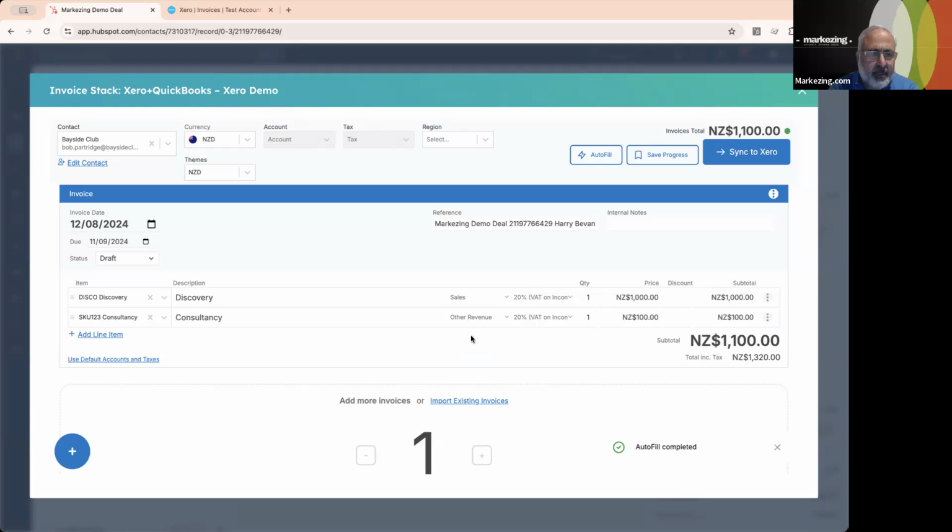Cool. And how does this contact thing work, like if we have a company that we only send an invoice to the accounts at, or invoice at, or whatever? If we have a deal for Bayside or Markezing, how does the system know which person we're sending this to? Yeah, so what we're doing here is we're taking the company name,